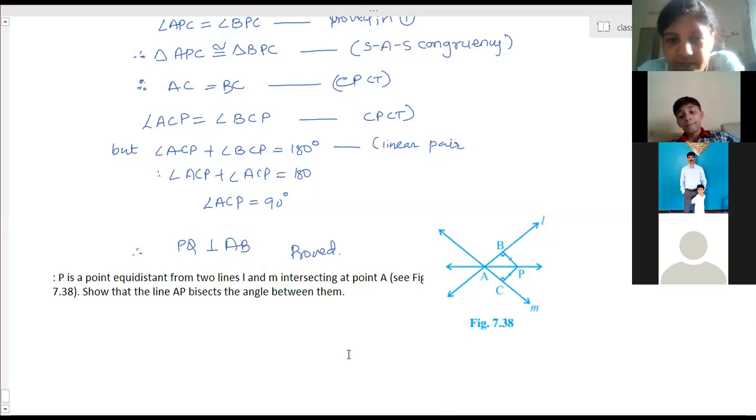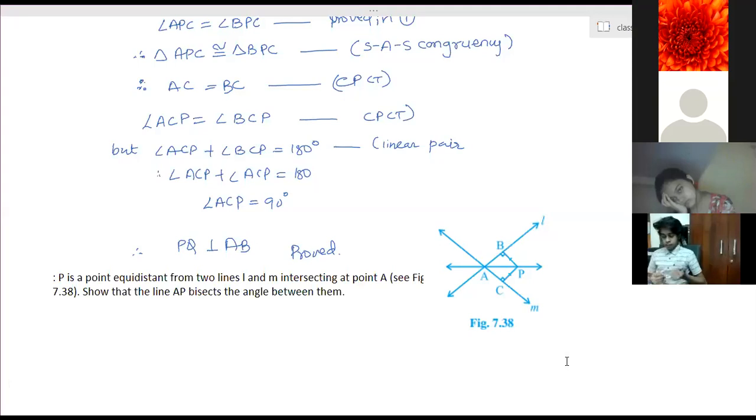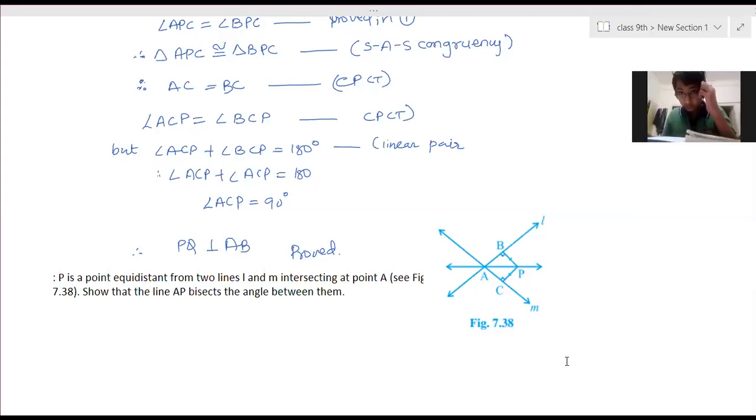Ganesh, can you try? Ma'am, can I? Wait. Ankita slipping. No, ma'am, I'm seeing the figure. I'm trying to understand how to prove them. That's why I was like this. Okay. Ma'am, is this also an example? Yeah. Next example.